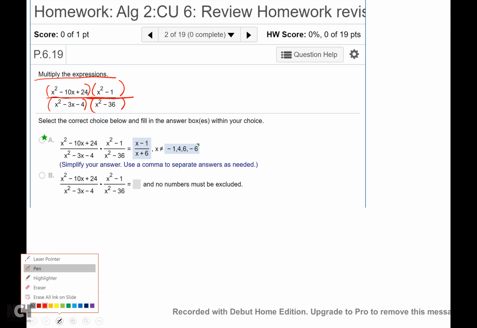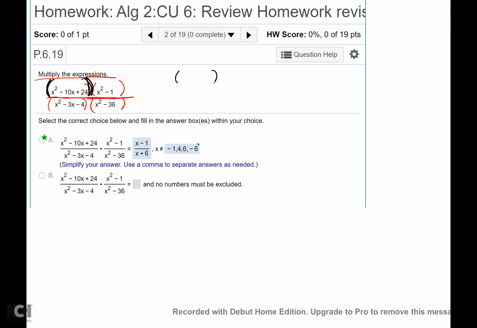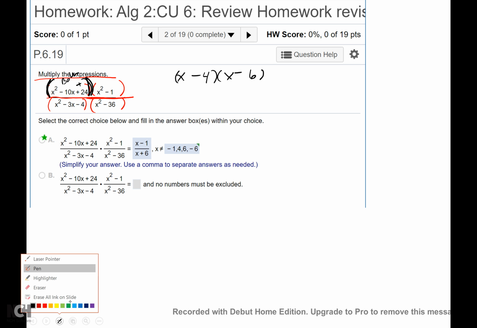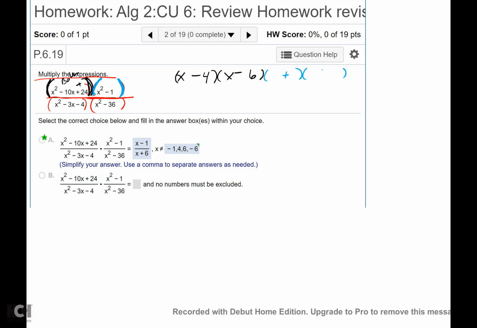So, if I look at this factor, that should be an easy factor because a is 1, x and x. Factors of 24 that make 10 would be 4 and 6. C is positive, so both get the middle, and that factor's done. If I factor this factor, that's difference of squares, so binomial plus, binomial minus. X times x is x squared, 1 and 1 is 1. Okay, and then on bottom,